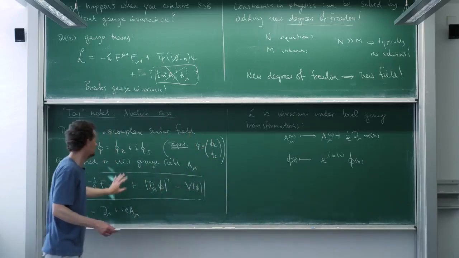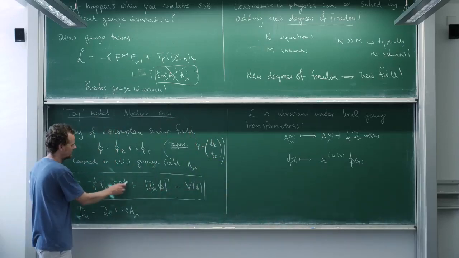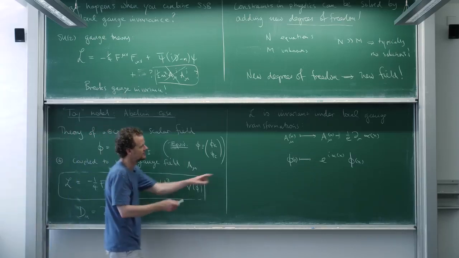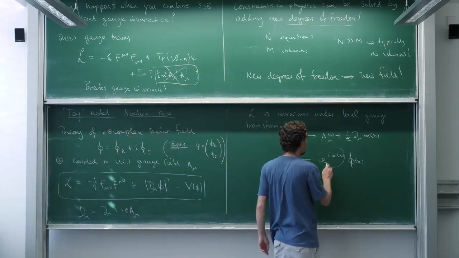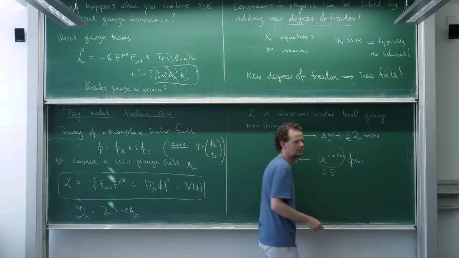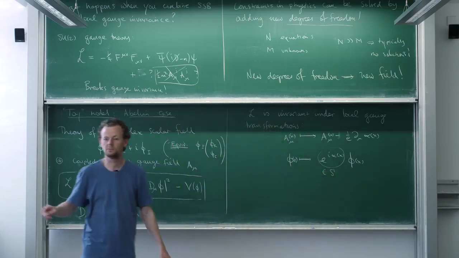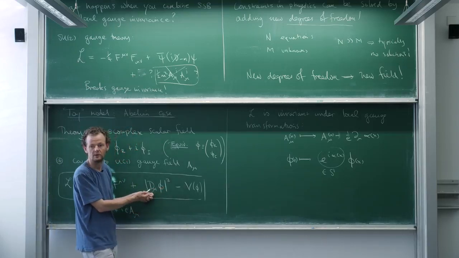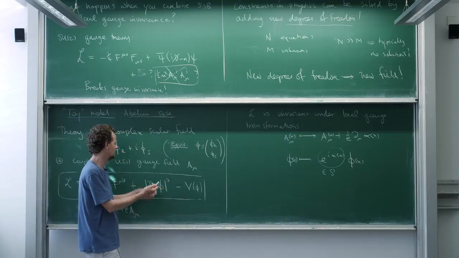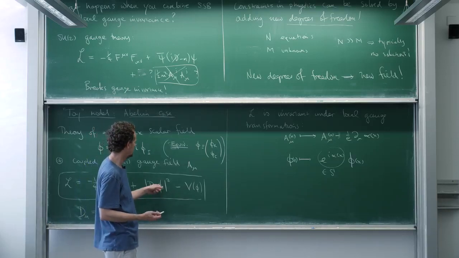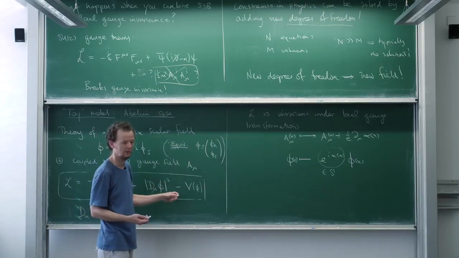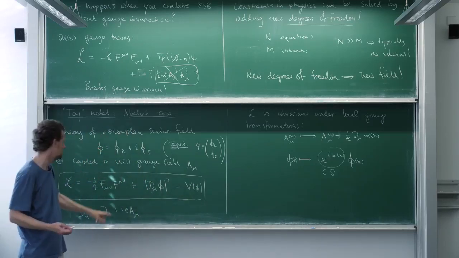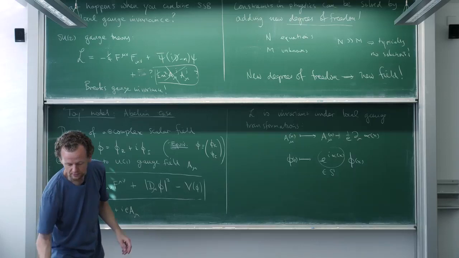Now we've already seen the argument for why this thing is invariant under this transformation here. If you realize that this number here is just a phase, it's an element of the circle in the complex plane of unit length, then it's easy to see that this term here is invariant under that transformation. The covariant derivative is invariant, and phi being redefined by that is invariant. And similarly, if you design the potential correctly, that'll also be invariant under local gauge transformations.